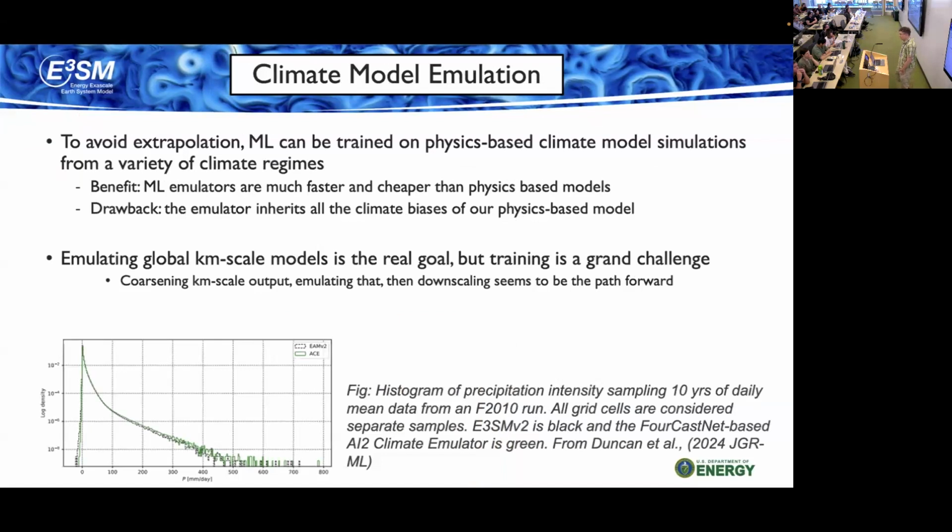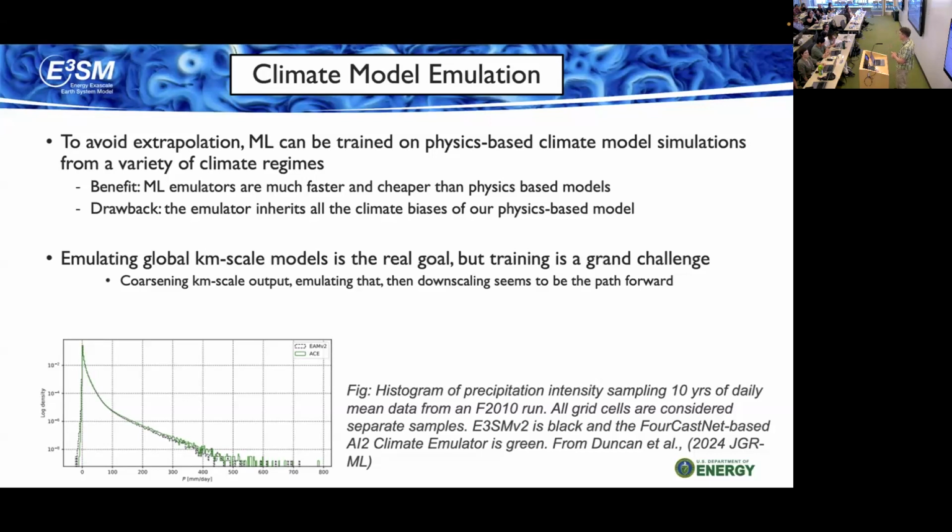So zooming in a little bit more, we can just use these full model emulation codes that a lot of places like NVIDIA and Google have come up with for weather forecasting. We can use the same thing, but trained on our models.